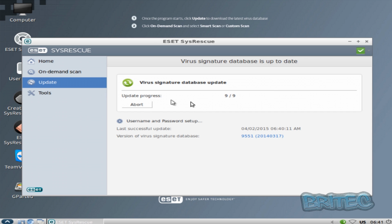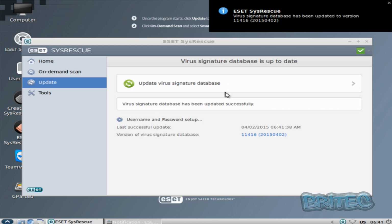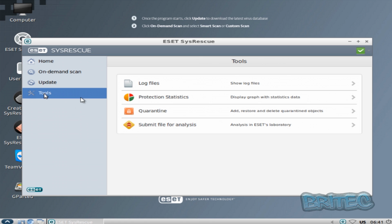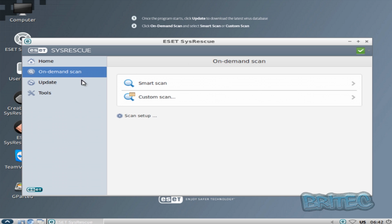Okay, so we're just going to let this update, and once this is updated you'll see the virus signature database has been updated to the latest version. Now this stands a good chance now for finding all the latest malware that's been added to that database and then remove those from the system. So now once you've got that, you've got a couple of areas here. You've got your tools area here. I'm not going to go too much into this. I have made videos on these sort of programs before,